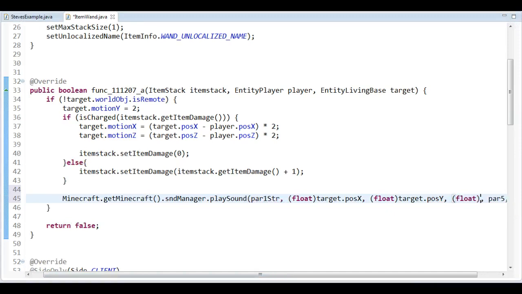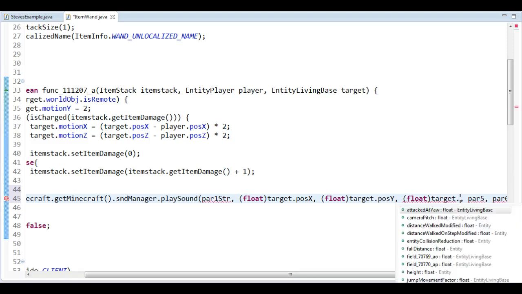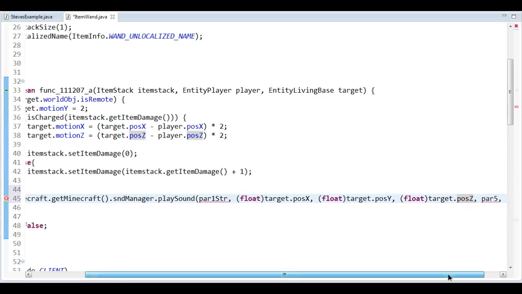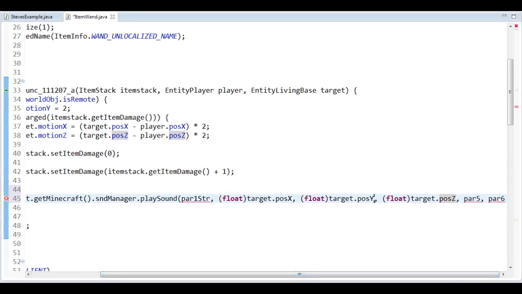But this is just the location where to play it. It doesn't have to depend on the target at all. We can play it like in the spawn area for some reason. I don't know why you would want to do that, but we can do so, and we can of course just modify these however we want to. So those are those three parameters, just the location, and then we have two more parameters here in the end,